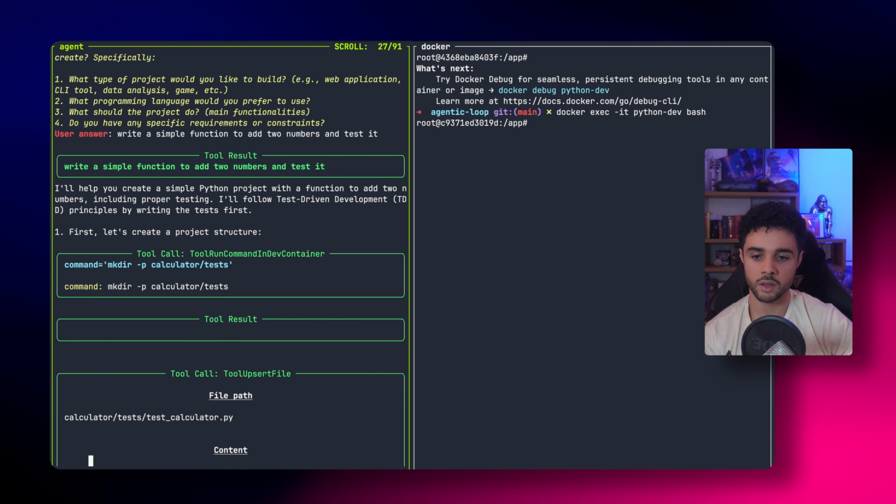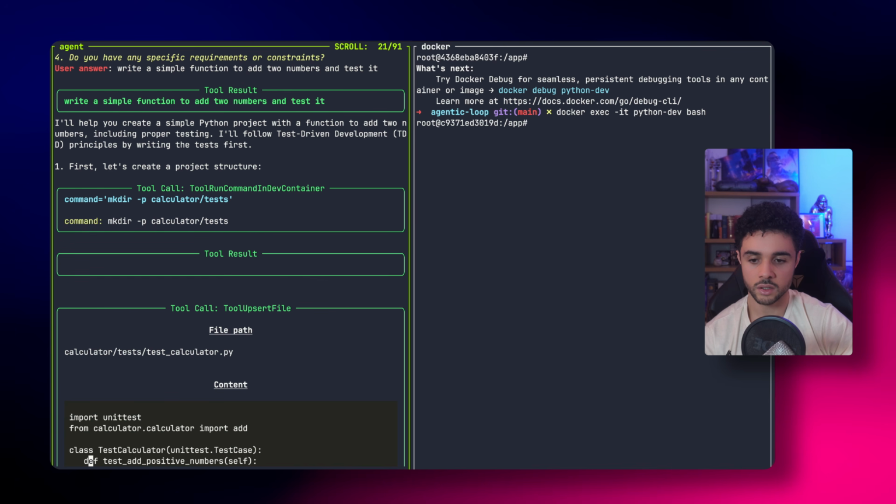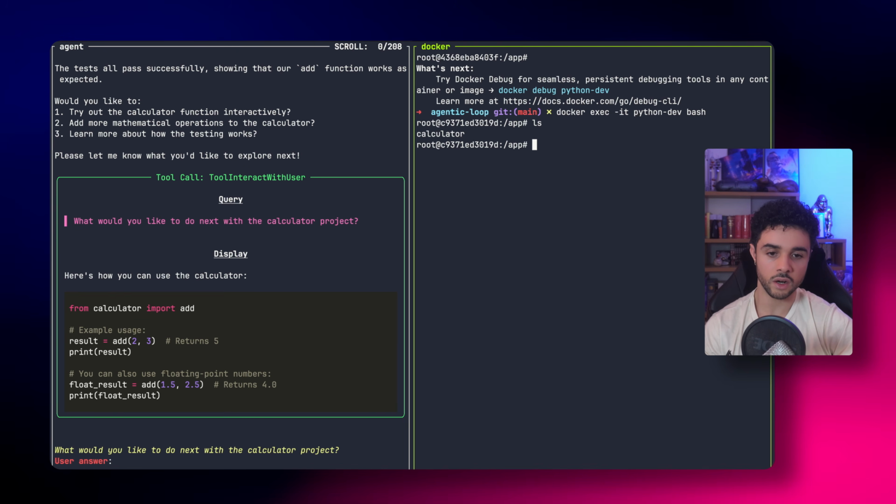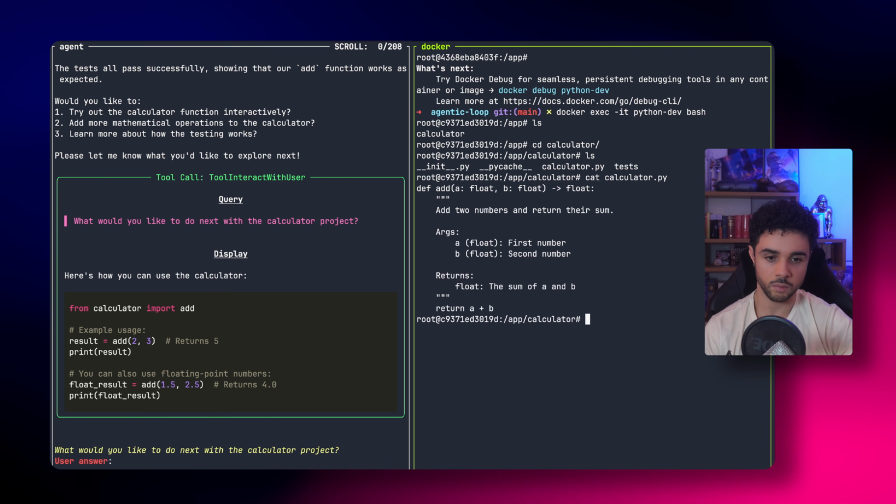So this time, it wants to run a command in the container. So it creates a folder called calculators test, and then it writes a file into the test, so testcalculator.py. Here, if we go there, we can see that in calculator, we have all the files. So ls, cat calculator.py and cat calculator